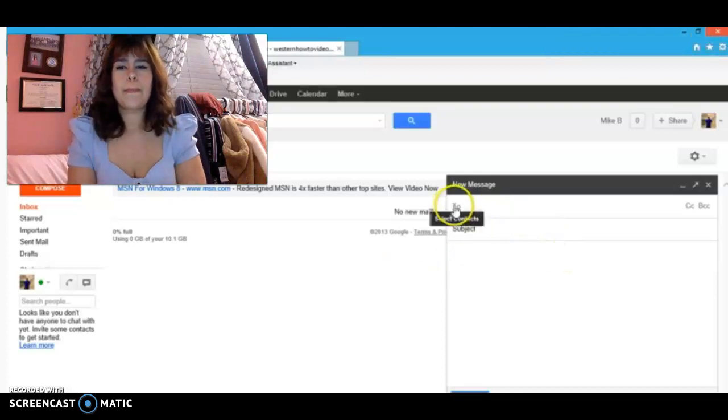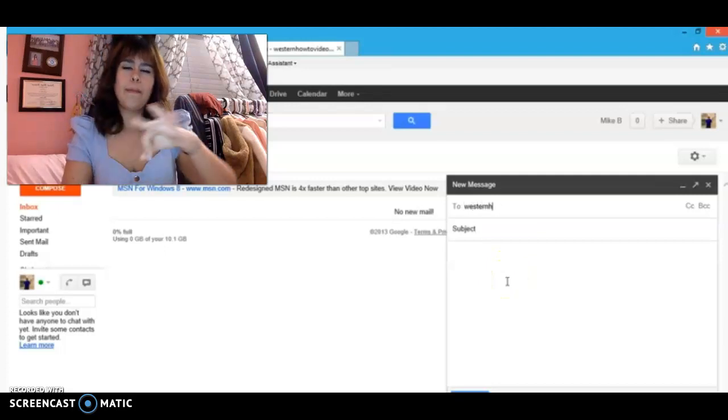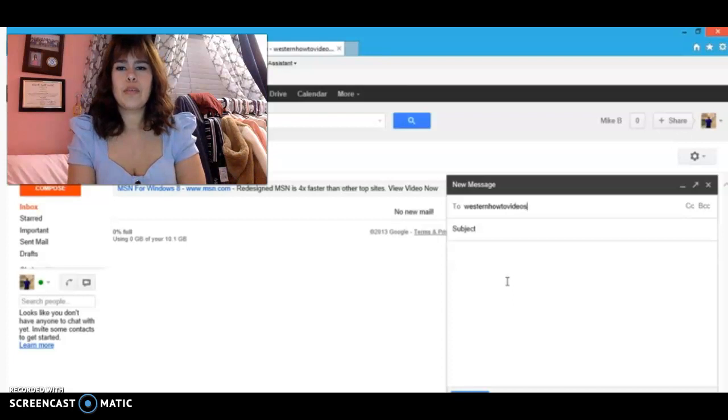And so right here where it says "To," this is where you would add somebody's email address. So I'll just add mine in here. Okay, once you get the email address that you're going to send somebody an email to, the next one is